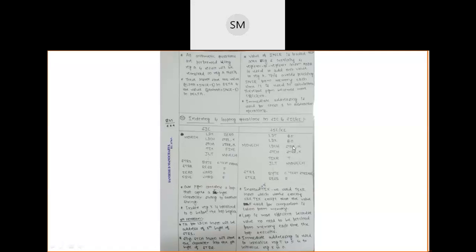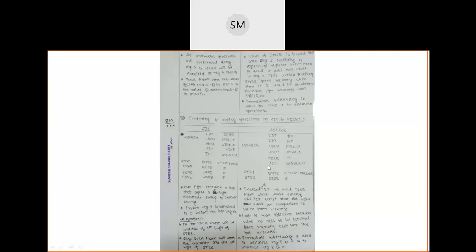Move ch. Then again the character which is present at index 1 in string 1 will be loaded into the register A, and it will be stored into string 2 at index 1. Next time what happens? Again TIXR will increase the value of X by 1. It means that X becomes 2, and that 2 will be compared with the register T, which means it will compare it with the 5. 2 is less than 5, the condition is true.